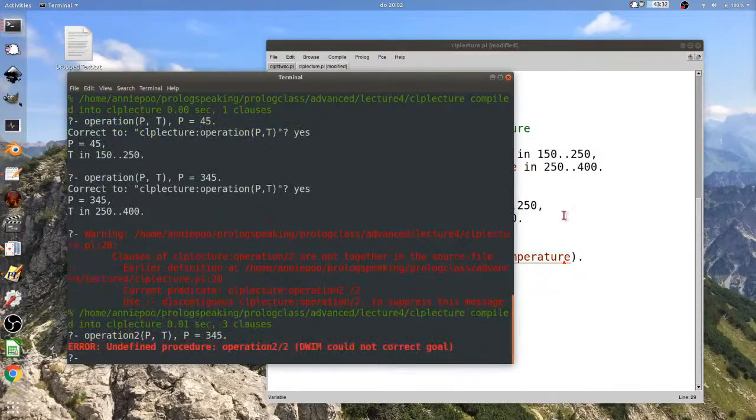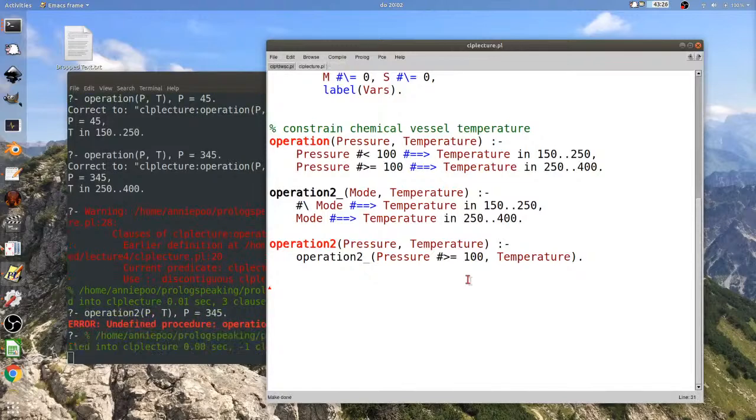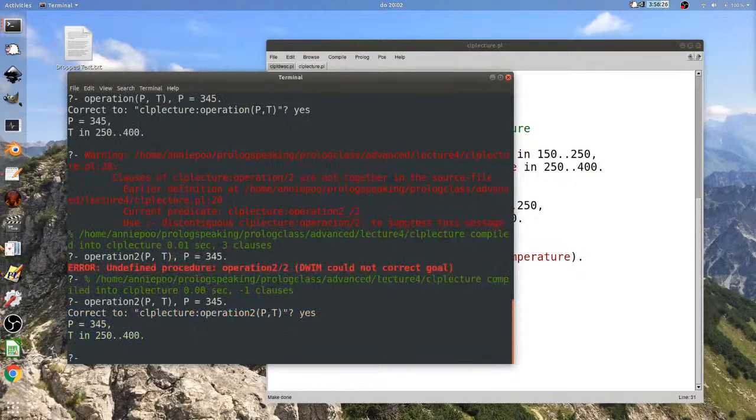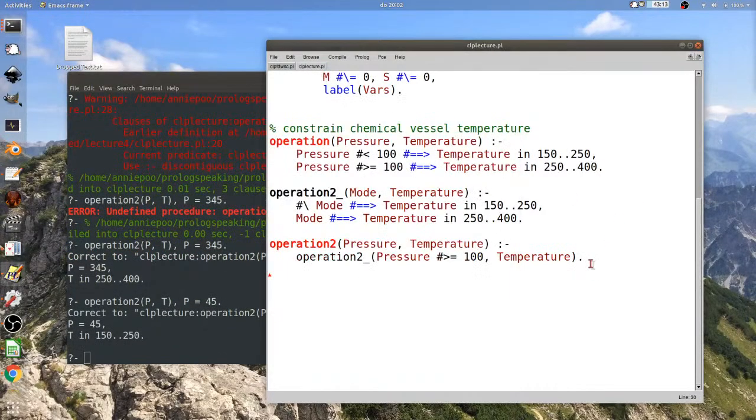Whoop. Let's try that again. Okay. Turn it down below the constraint, and we get the right behavior. Okay. So you can control constraints with constraints. All right. Well, that's that one.